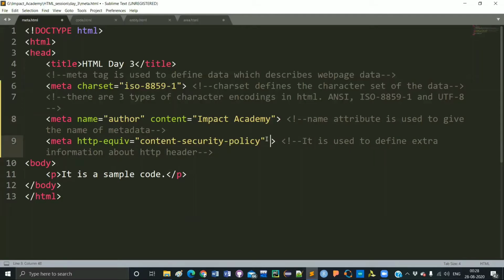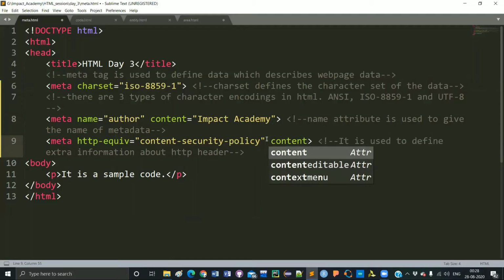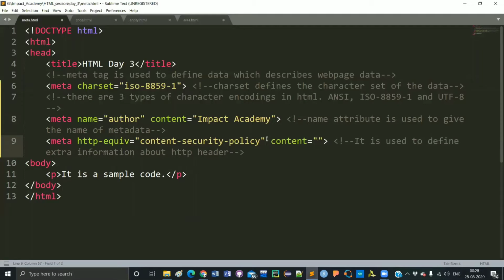Like that we can use the content attribute with HTTP equiv. Suppose here I write 10, and suppose here I write refresh. What will happen? If I write this, then my web page is refreshed after every 10 seconds.